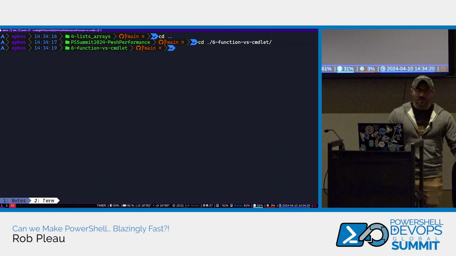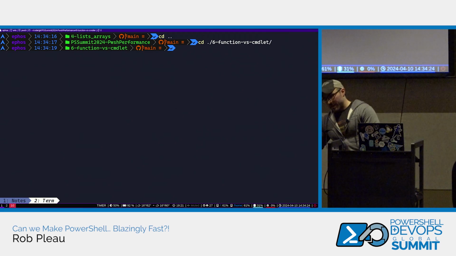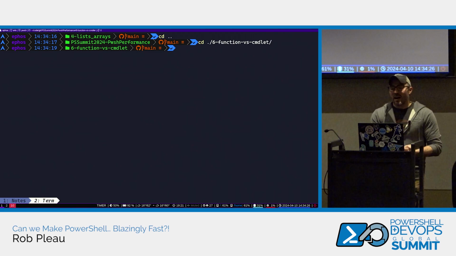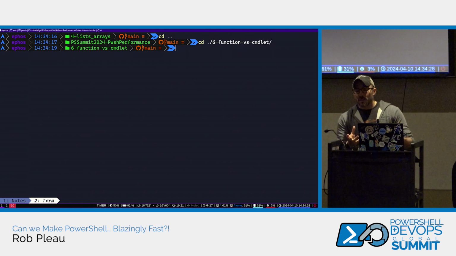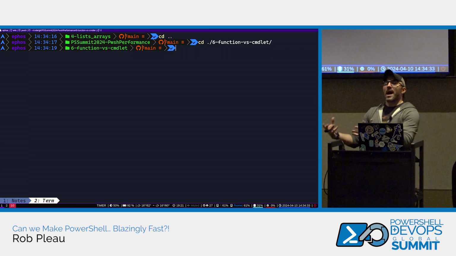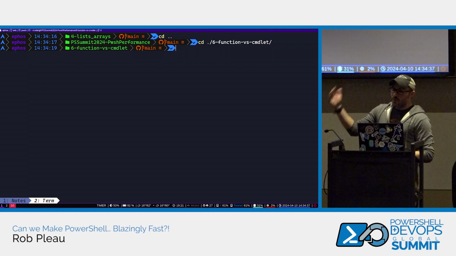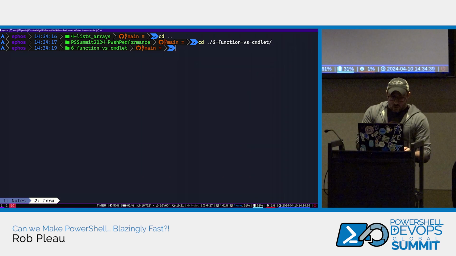So a function is written in PowerShell and then parsed by PowerShell's interpreter, and then it executes what it must. A commandlet is written in C#. It's still run through the PowerShell interpreter, but you're calling a compiled DLL at the end of the day, which tends to be a lot faster than raw PowerShell code. So in that way,